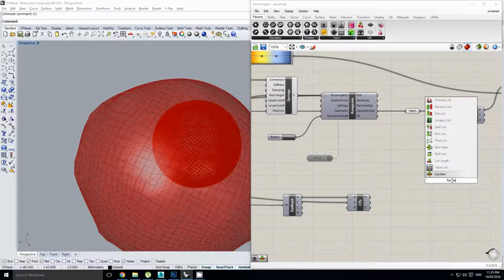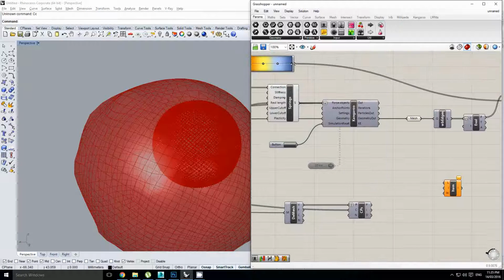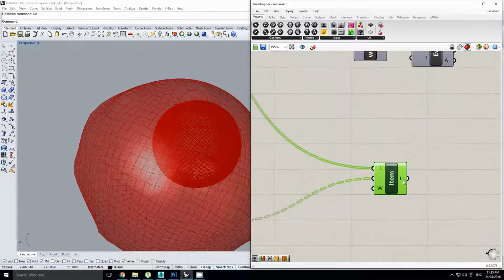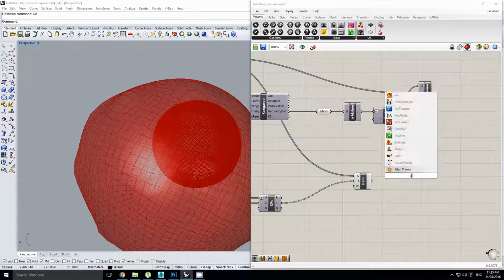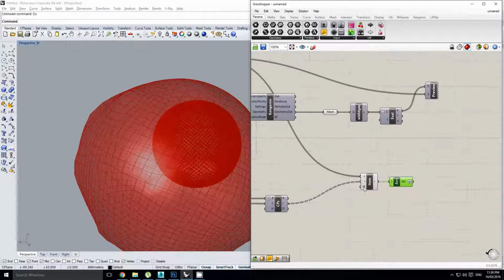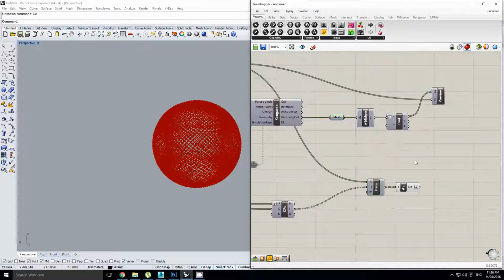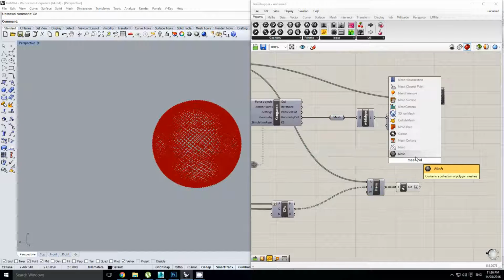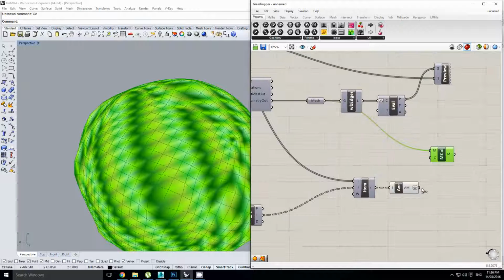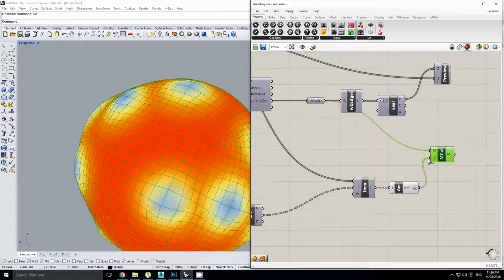So we can use a list item, and take from that index number out of this color, and then it's going to give us 4 values, which I'm going to average, and then I'm going to flatten this, turn off my list item, and I'm going to get mesh colors going on this. So I'm going to plug my mesh in here,